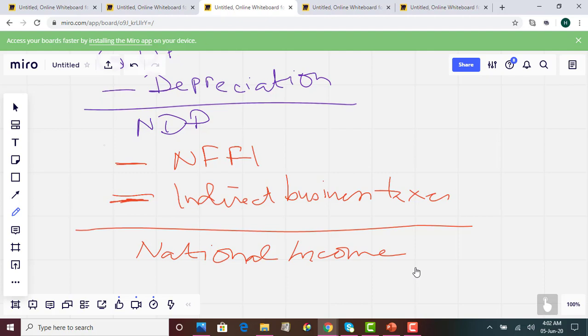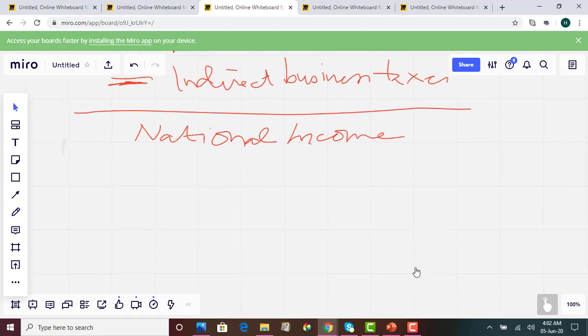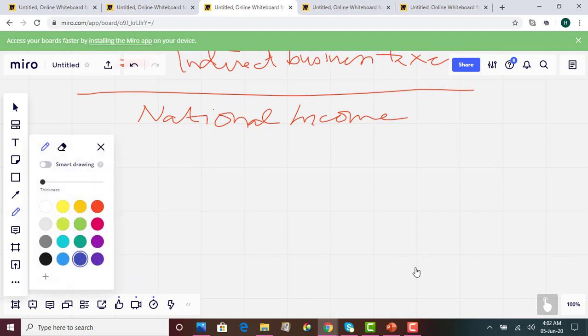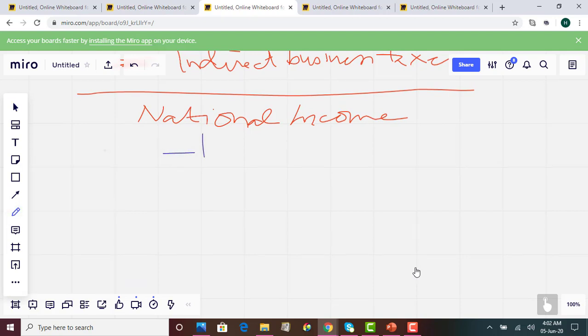Whereas in the social account, we start with GDP, we take out depreciation to get NDP, then from NDP we subtract NFFI and indirect business taxes to get national income. Now from national income we will do two things. We will subtract income that's earned